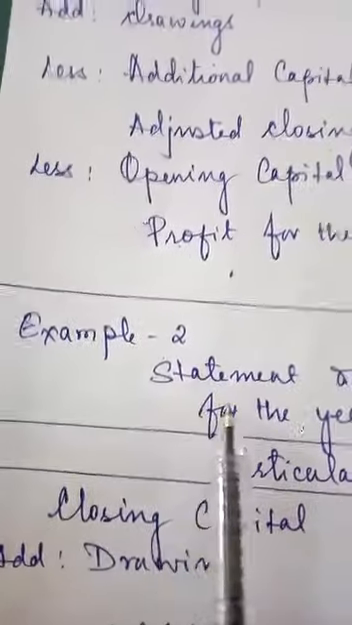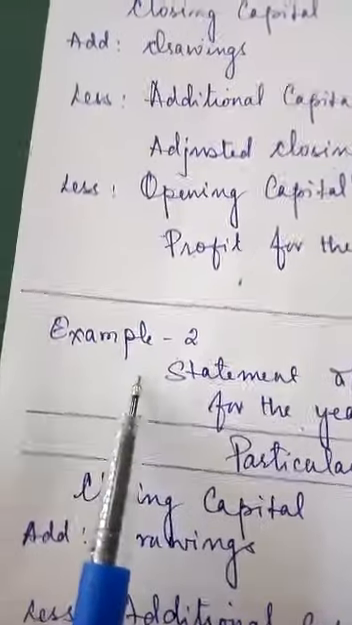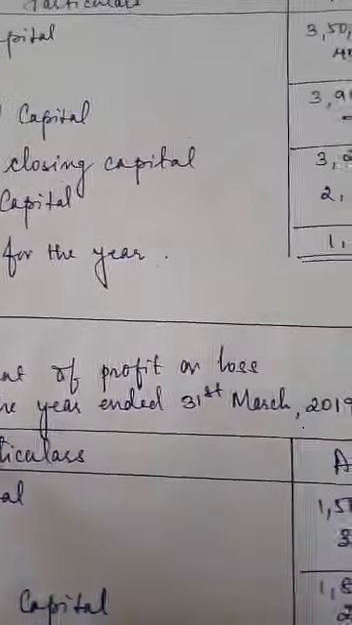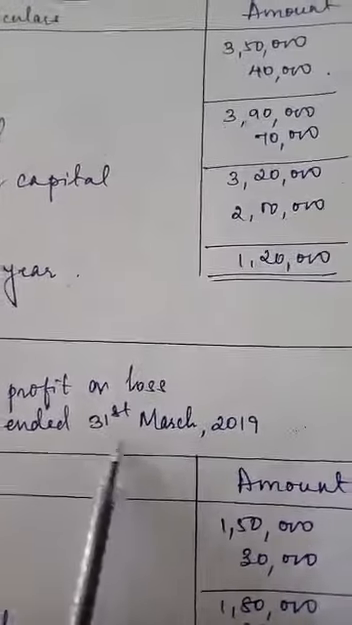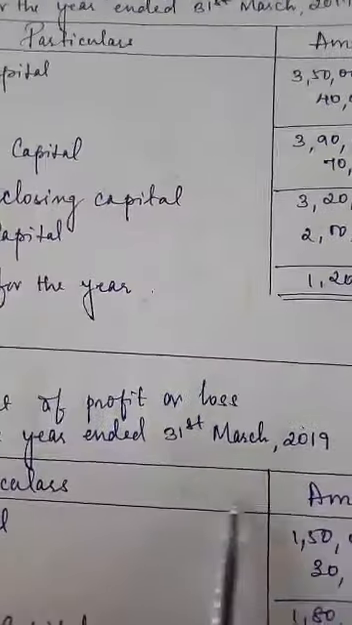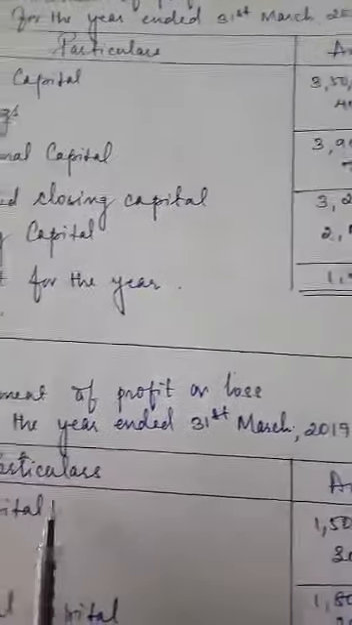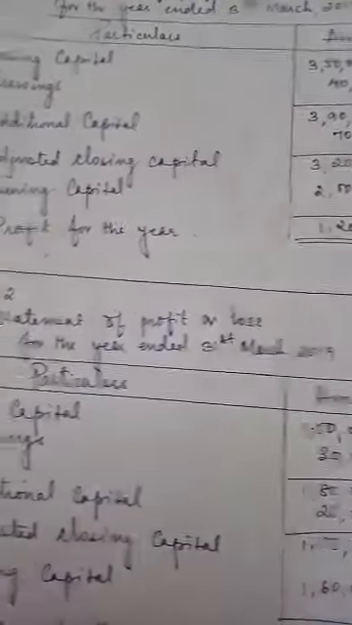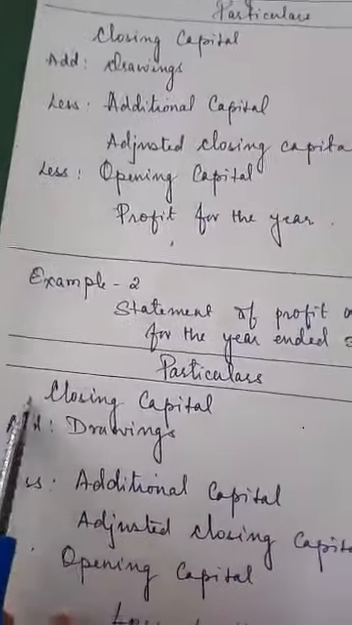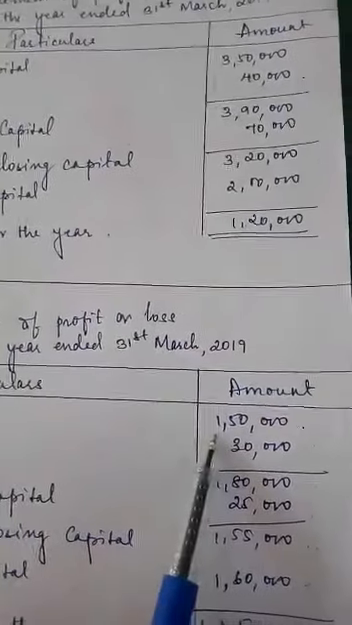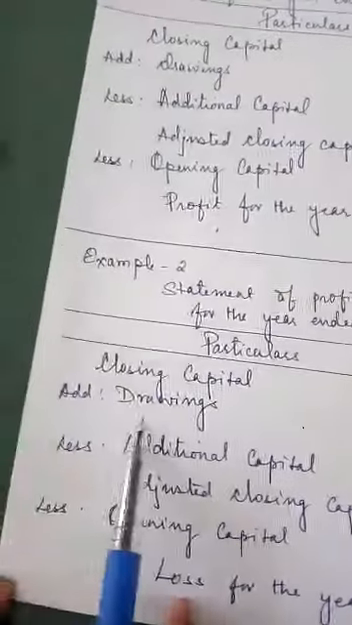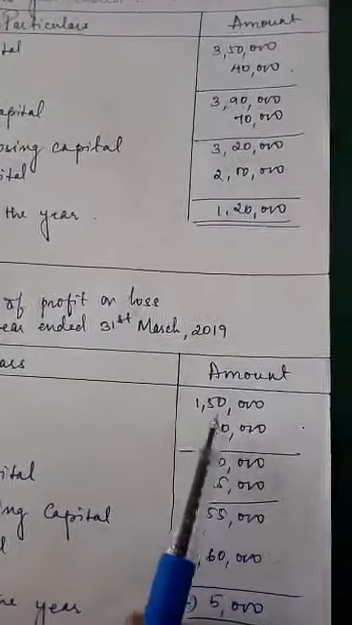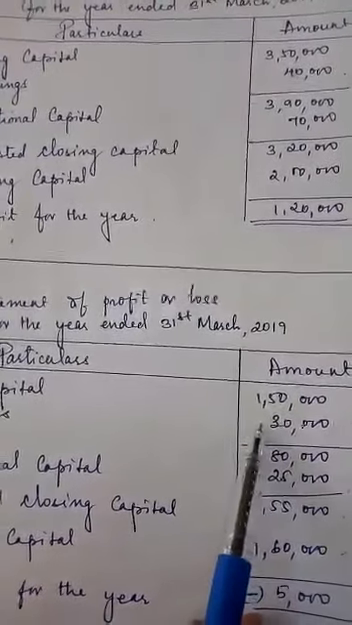Now let's see the solution. So again we begin on top, statement of profit or loss for the year ended 31st of March 2019. We get this date from the closing capital. We draw the two columns, particulars and the amount column. We always begin with the closing capital. So closing capital 1,50,000. You add the drawings, 30,000. So 1,50,000 plus 30,000,